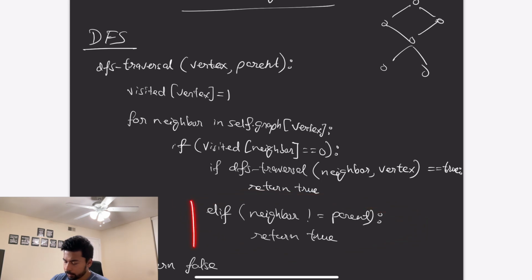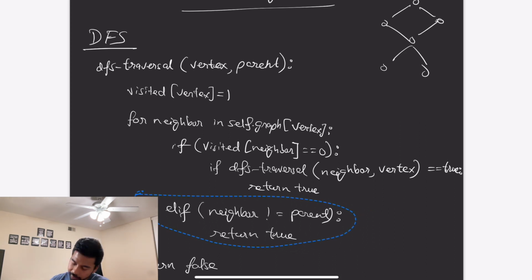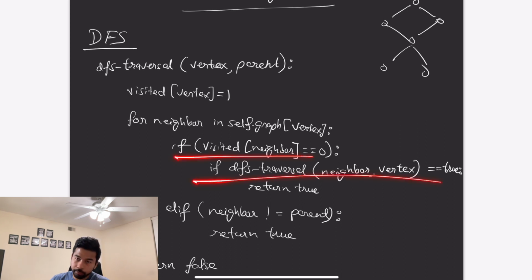Now, this is the interesting part. Okay, this is the crux. Now, I told you that we added in parent for no reason, right? I'm going to move this block a bit. Okay, I told you that we added parent for no reason, right? So if we haven't seen it, we explore it. Cool. Else,